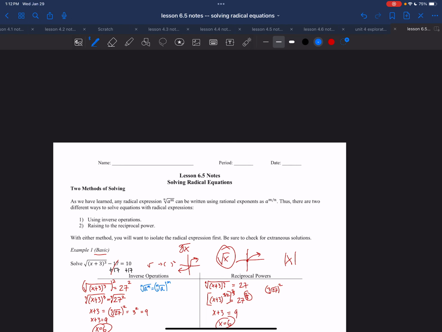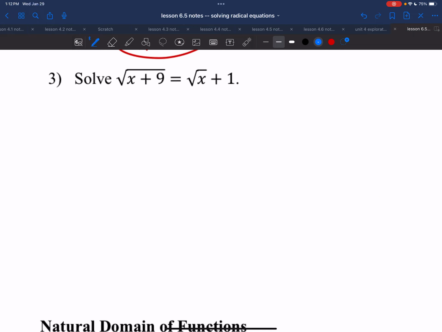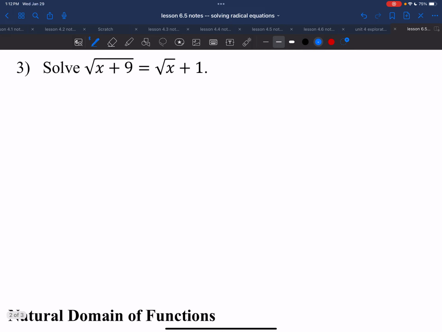Okay, one more example of solving, and then I get to talk about natural domain. So, number 3. It says solve this problem right here. Now, this is just notable because it has 2 square roots, right? Separated, 2, not multiplied. They're separated. So the question is, how do you deal with this? I do recommend that you try this on your own before I go through it, but I'll show you now,